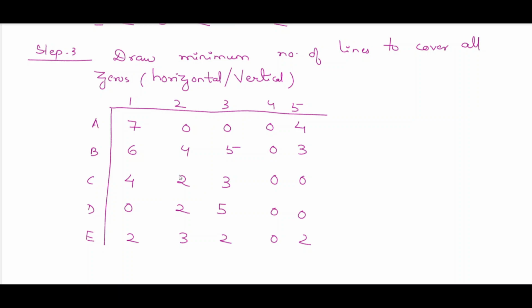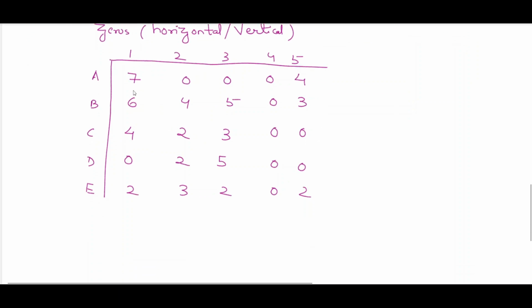First of all, you will go through the first row by scanning. In this first row, you can see there are three zeros: 1, 2, 3. If there is more than one zero, leave that row and go to the next row. In the second row, how many zeros are there? Only one zero. If there is only one zero, circle or mark that zero and draw a straight line along the corresponding column, covering all zeros. You can see it like this. Similarly, this we have already covered.